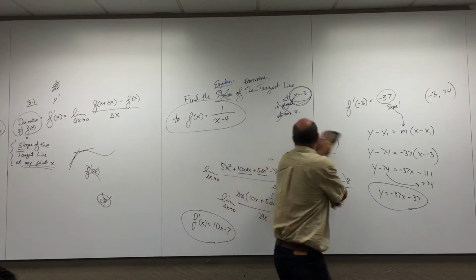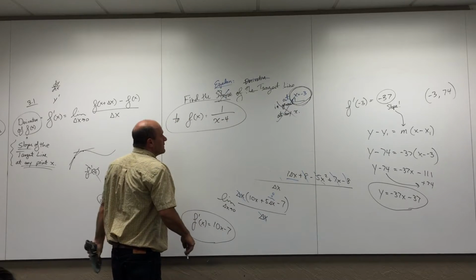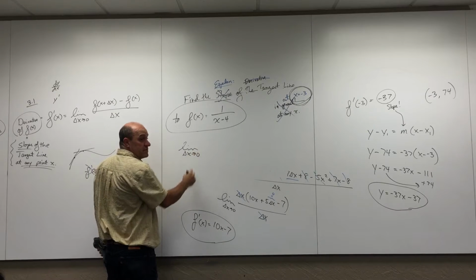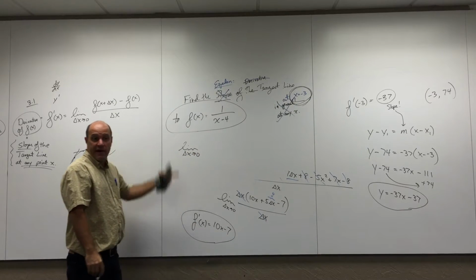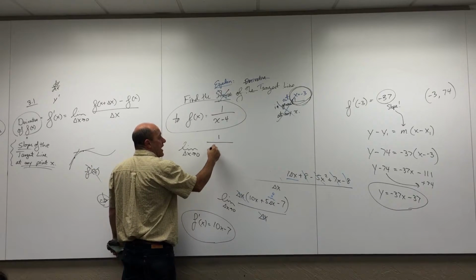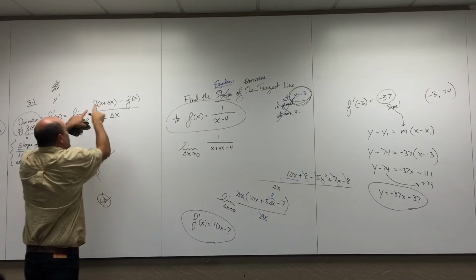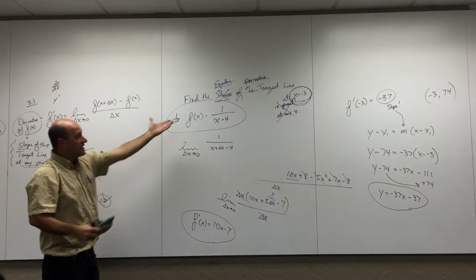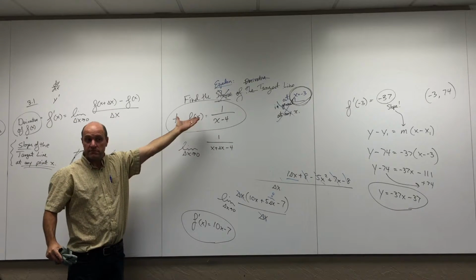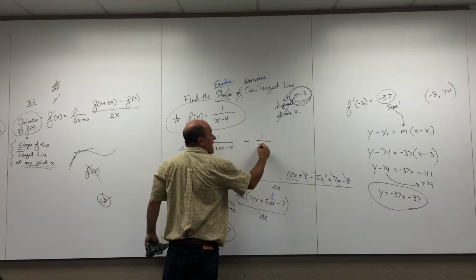I mean, I told you what to do. Let's do it. You want to do this one? Let's do this guy's derivative. How do I do this guy's derivative? I do the limit as delta x goes to 0. I do f of x plus delta x. What's f of x plus delta x? 1 over x plus delta x minus 4. So you've got to know how to plug x plus delta x into your function. I plugged x plus delta x into my function. That's that, minus the function itself,